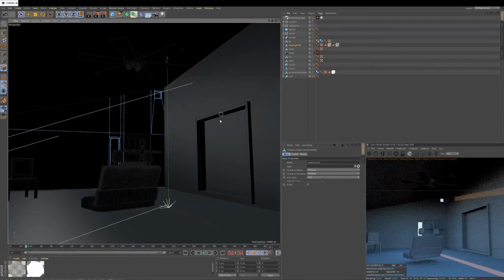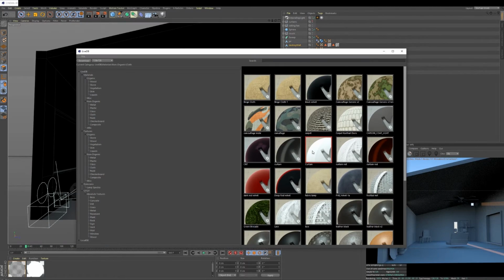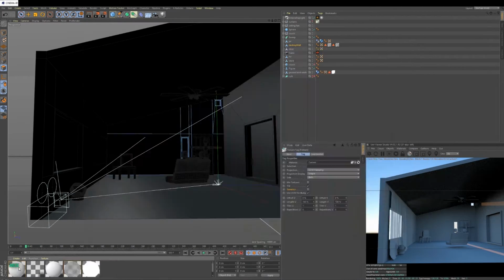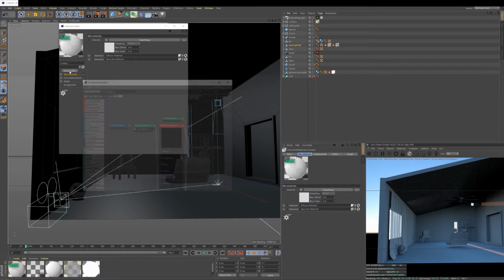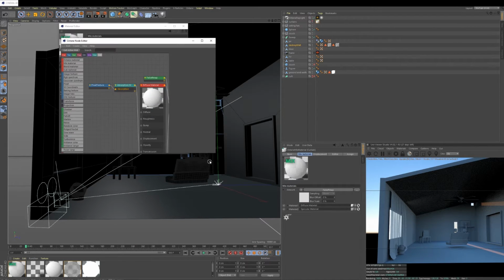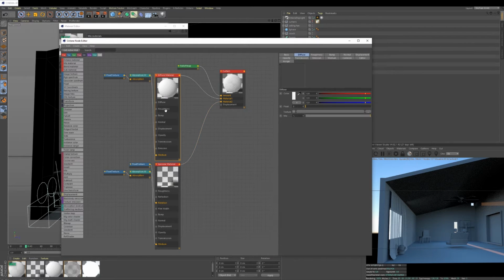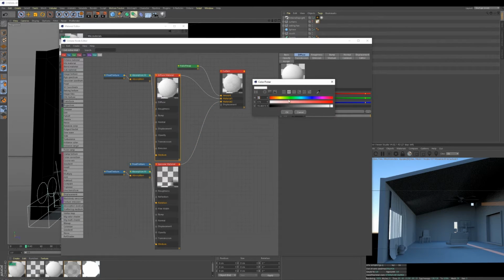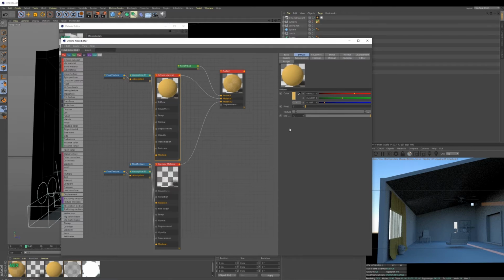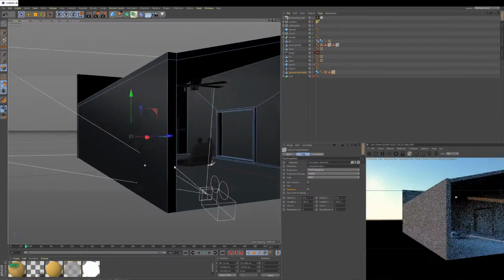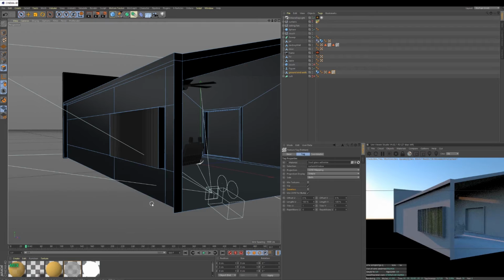I downloaded a sort of transparent cloth material that I'm going to apply to the curtains, but it wasn't the color that I wanted. So if I open up the material and then go to node editor, inside of the node editor, if I just hop over to this diffuse material, I can change the color. The way a scene looks, regardless of how you light it, can really change depending on the type of rendering